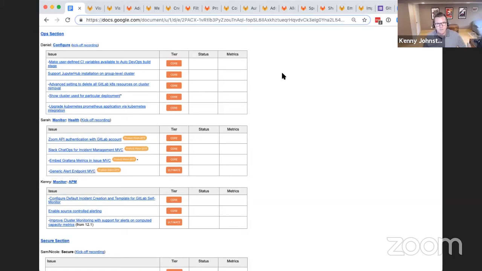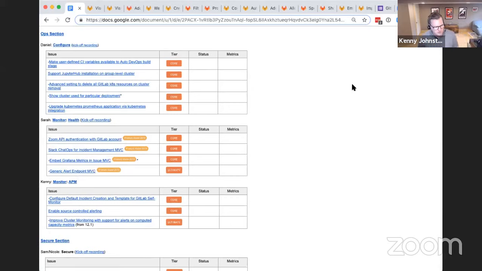My name is Kenny Johnston. I'm the director of product covering the ops stage for this portion of the discussion. I'm super excited about that diff feature on the issues as well, Eric. And Jason, I like the powerfulness of associating milestones to releases. Super excited about both of those. In the configure stage, I'll start with that.